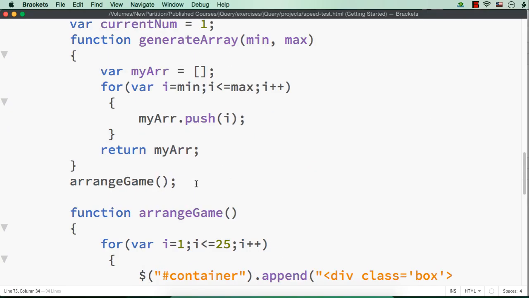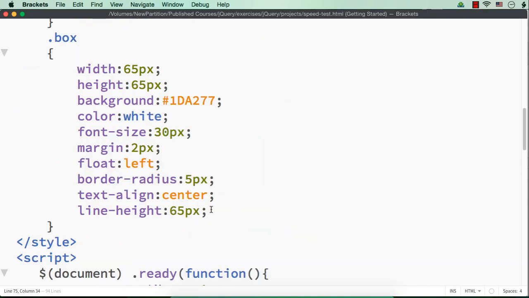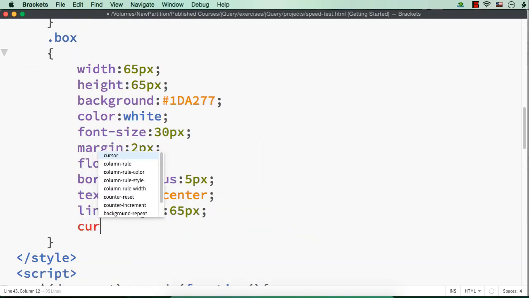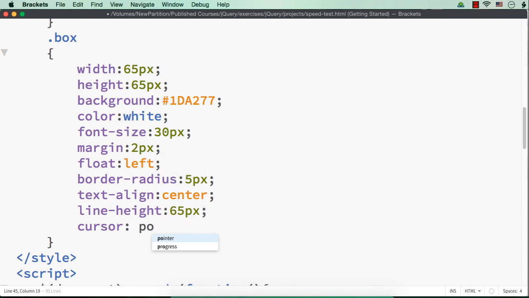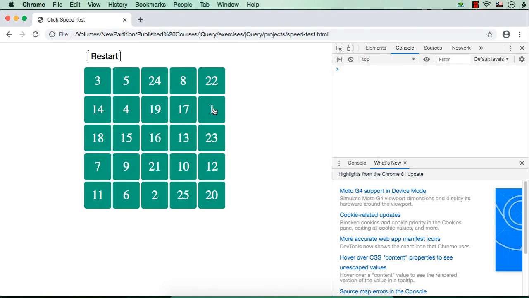Okay, so let me specify cursor to be pointer for the box element, and let me save this, refresh. See, 1, 9, no, 2, yes, the number is getting changed.